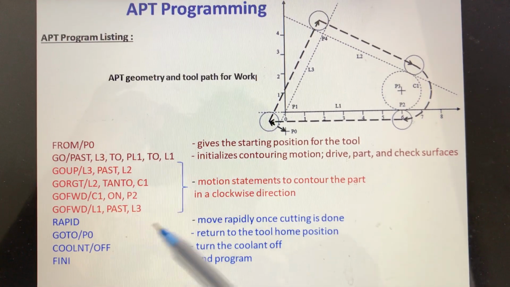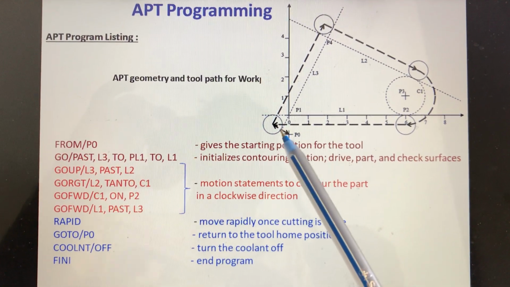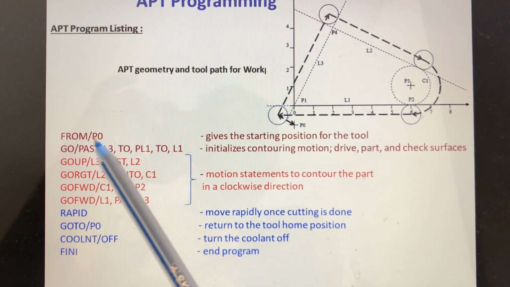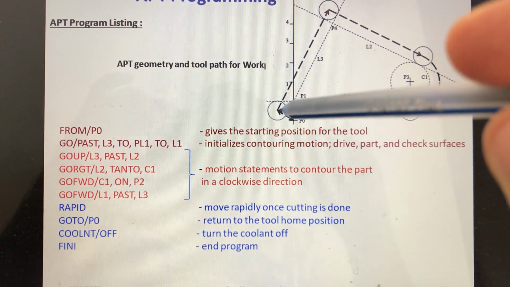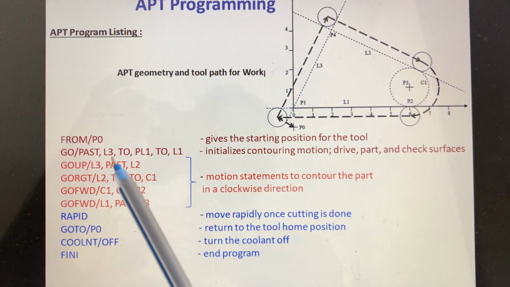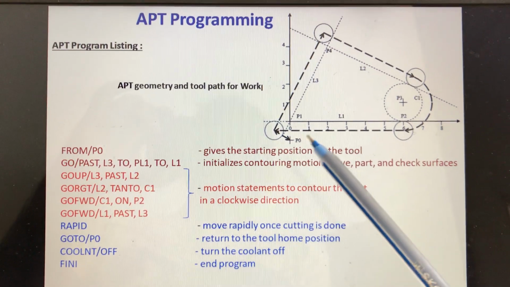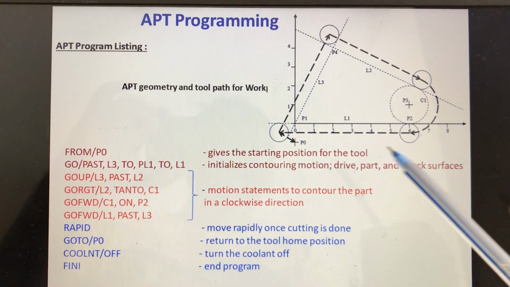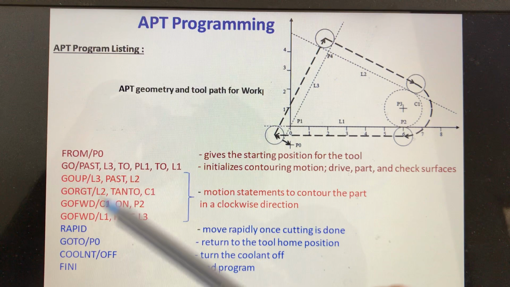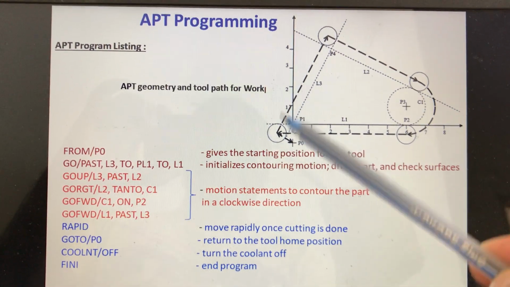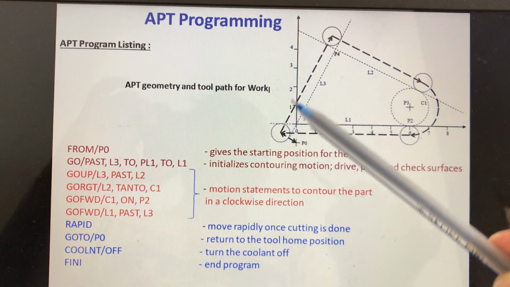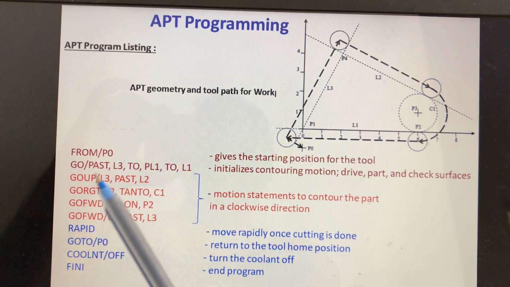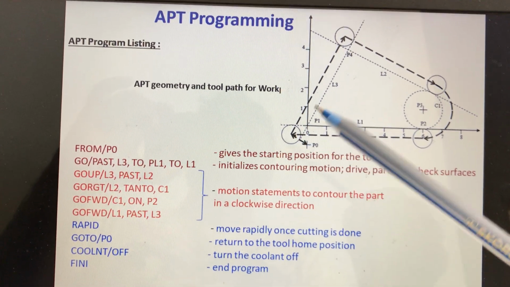We prepare the tool now. From P0, the home point, gives the starting position for the tool. So the tool will start from the point P0, then go past L3. So we are moving the tool in this direction. See the direction given here. We can move in the other direction also, but then your program will change up and down based on the path and direction of the tool. Now we are going in this direction. So go past L3 means you are going along this L3,